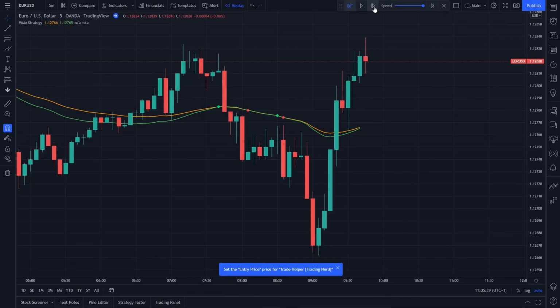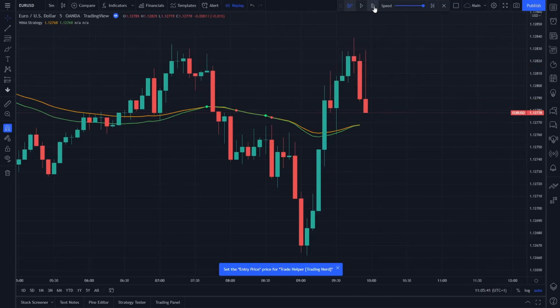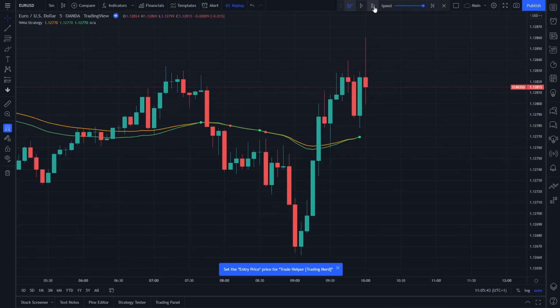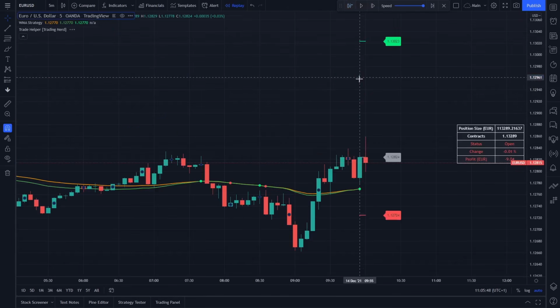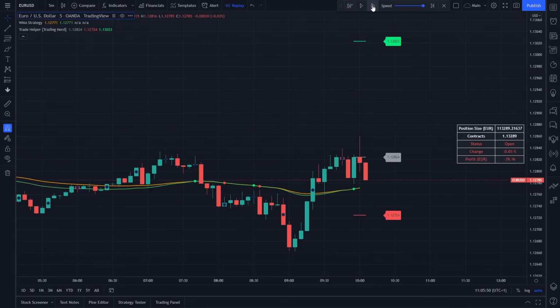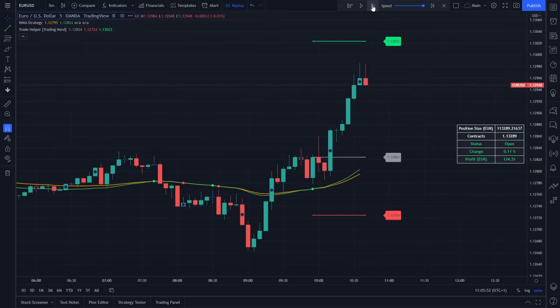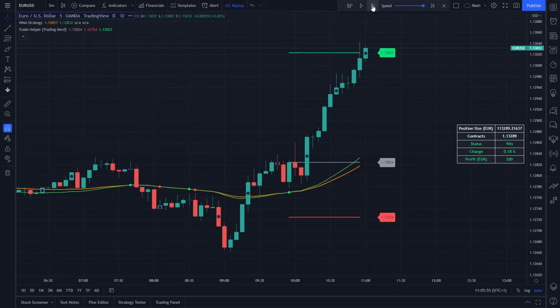If you are backtesting strategies manually, you can also use this indicator. You can just select the entry and the stop loss and let the trade run out. In the table, you will easily see the results of the trade. These can be put, for example, into an Excel spreadsheet.